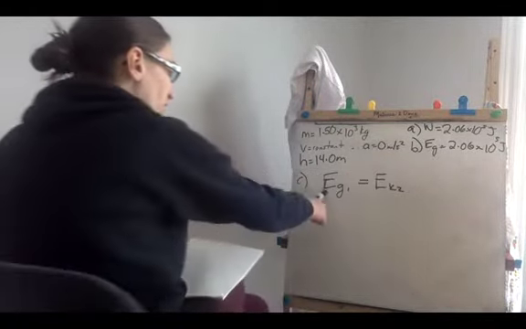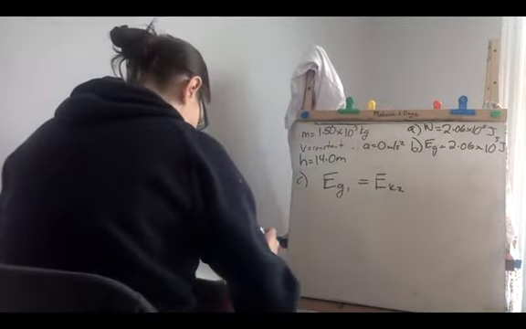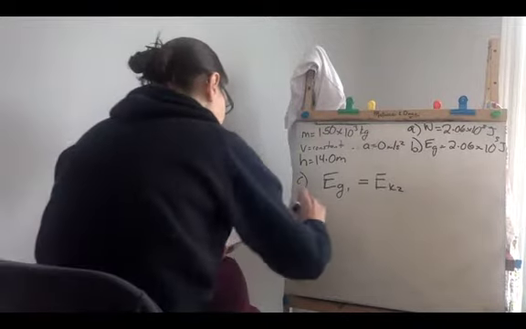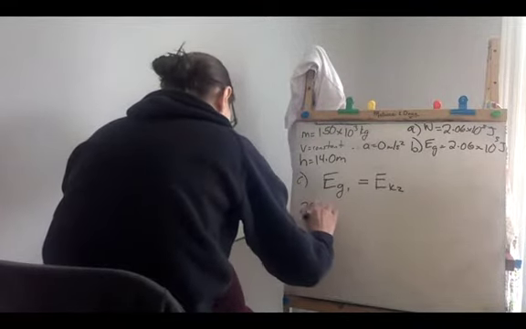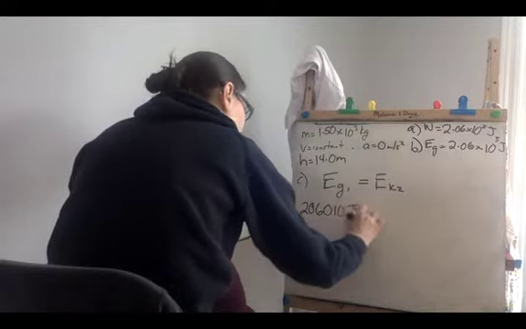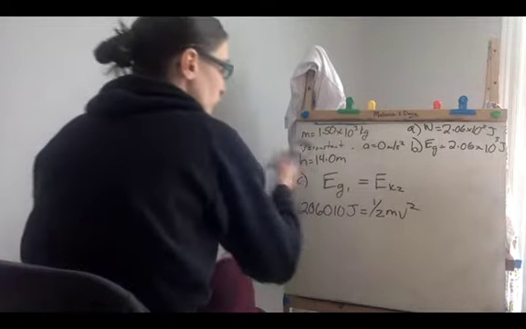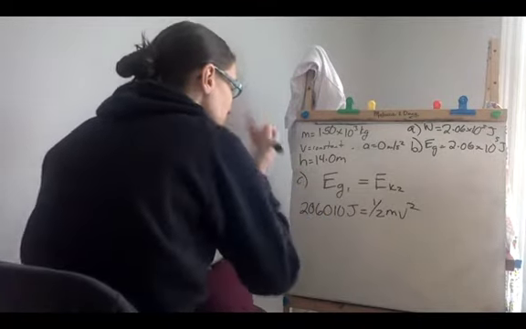So we have a value for this. We've already calculated it. I'm going to go back and put in the non-rounded answer there. It was 20,610 joules. And our formula for EK is 1/2 mv squared. We're interested in the velocity, and we have the mass, right? So we've got this